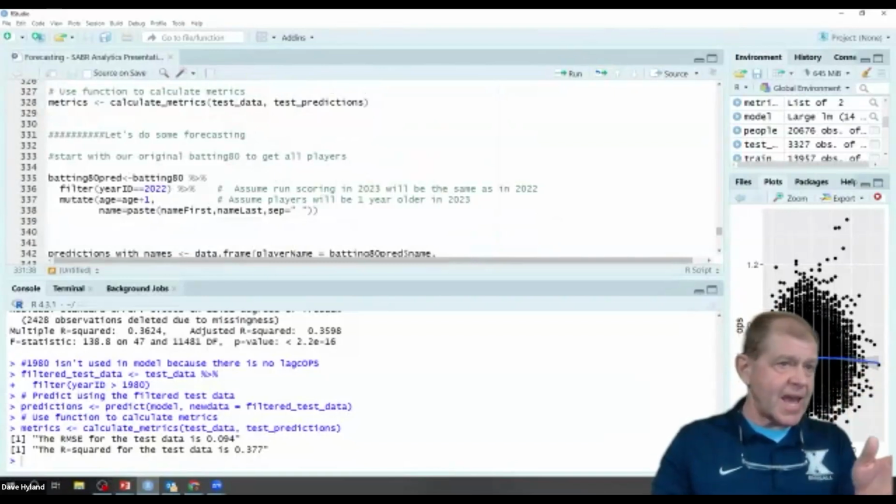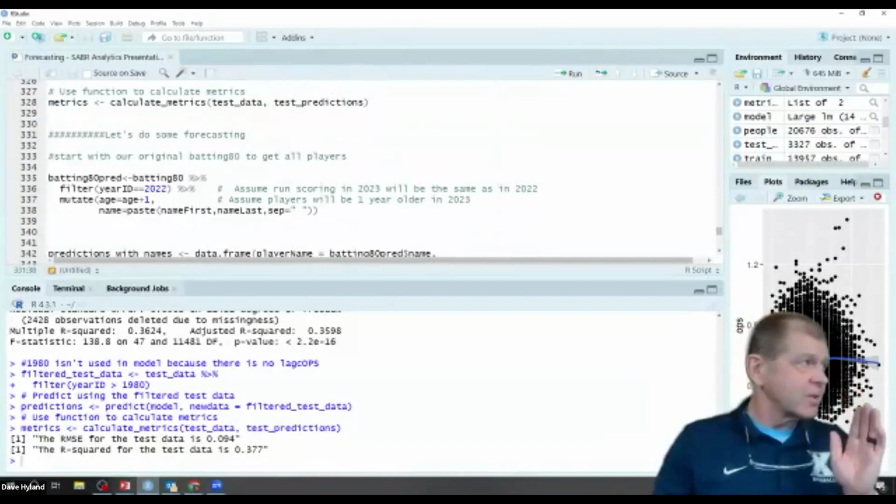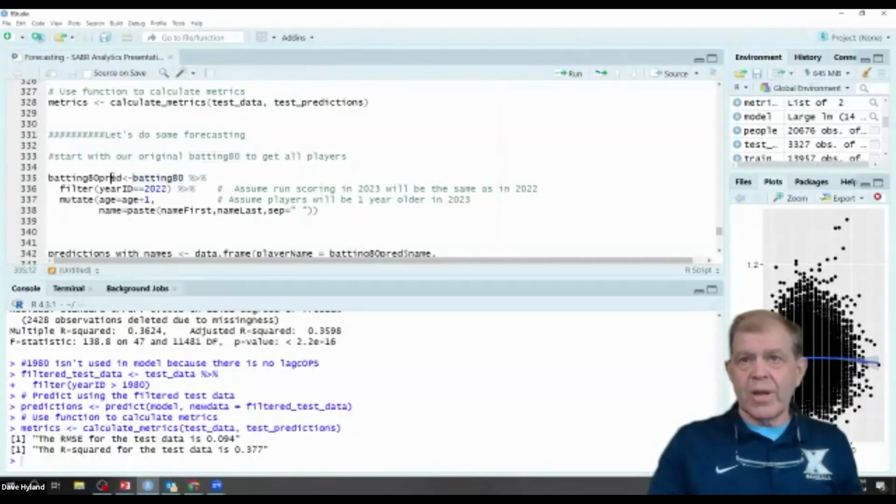So the Lahman data goes through 2023. Let's use 2022 players as of 2022 to predict and forecast 2023 and see how we did. So we'll go back to the original data set. We're not going to use our training and test data anymore. We're going to call it batting 80 predictions.